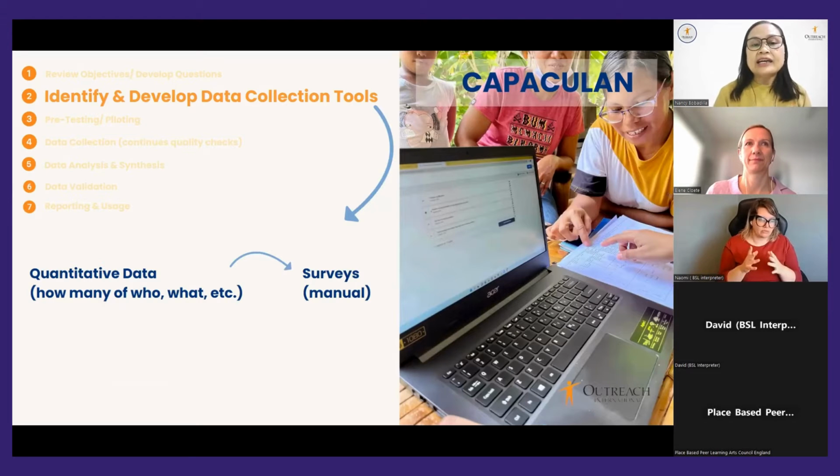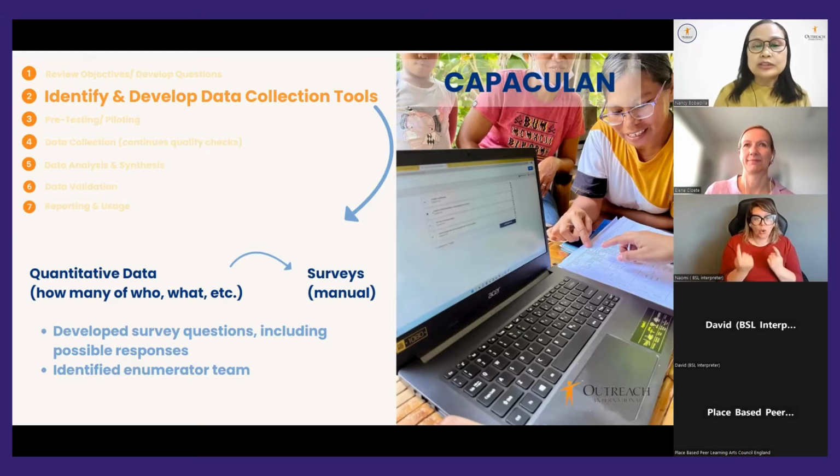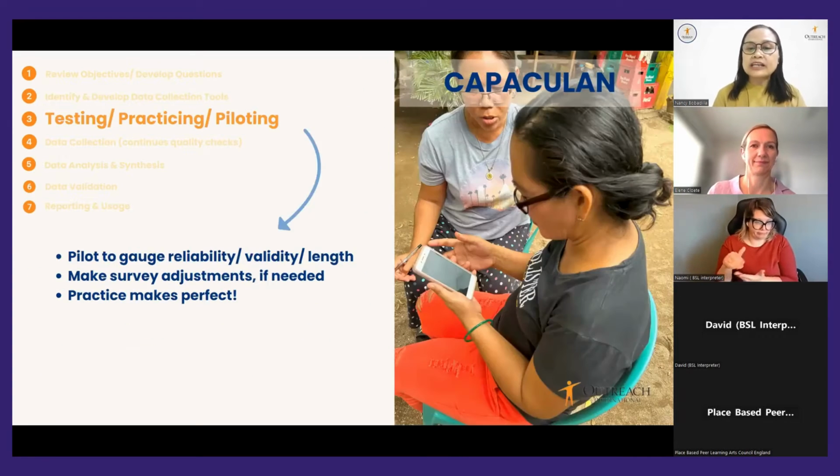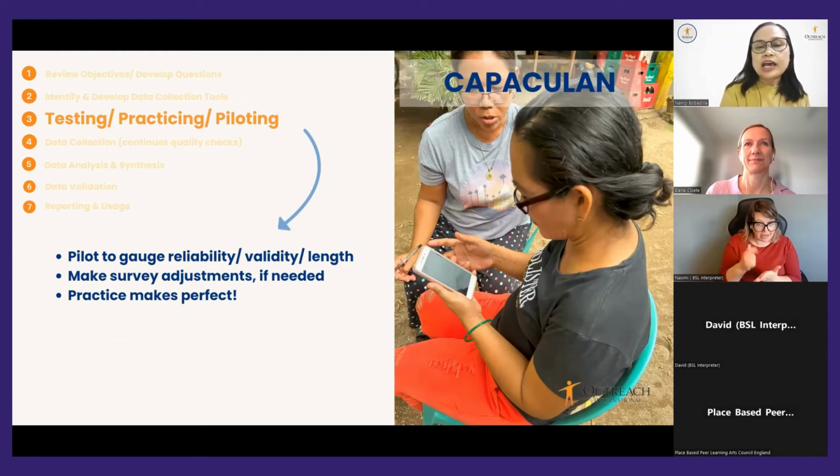And they developed manual surveys on a broadsheet. During this time, they also identified their data collectors. They piloted the survey, practicing it among themselves to see whether the questions are clear and easy to answer, and also whether they would get the responses they thought they would get. And they could also determine the length of data collection.